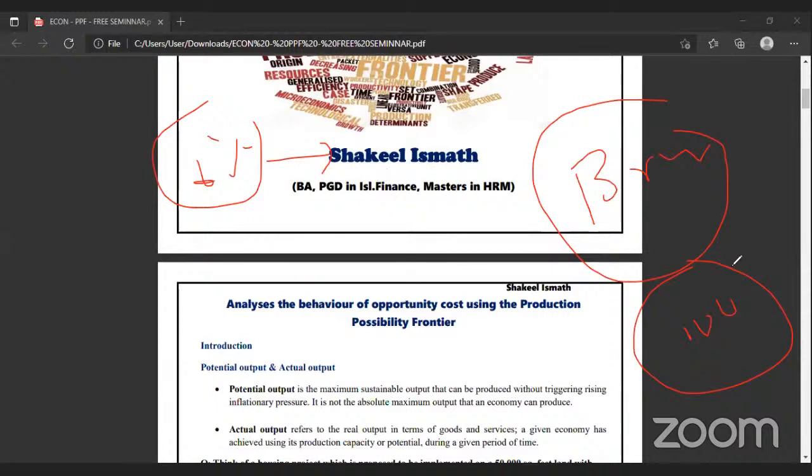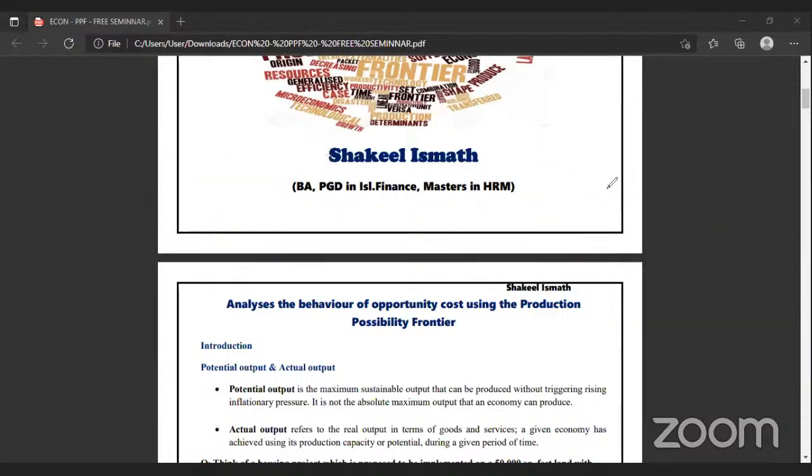That means our maximum potential is 100%. But practically, are we using 100% of our brain capacity? We are not. That's the reason we are improving every day. When you study, when you learn skills, until your death, you are improving. That means we are not perfect. We cannot use 100%. That's the true fact. Likewise, in an economy, there is 100% potential.